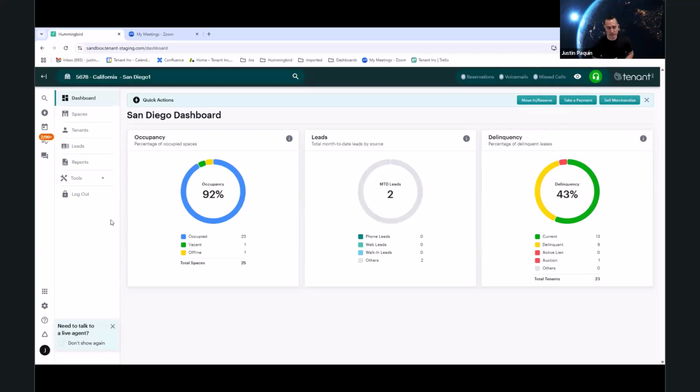So that summarizes the new functionality. A couple things I want to mention that we're working on, which are also very exciting. It's something that's going to be coming out in May: recurring tasks. So this is the ability for yourselves, your district managers, to go in and, just like you would set up